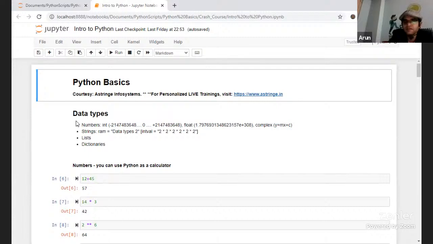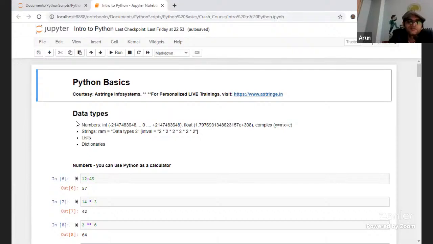It is just represented as y equal to mx plus c, something like an algebraic equation. Though I would highly discourage you from using something like that unless there is some absurd use case. Rather, we'll go with integers and floating point numbers themselves, and we'll touch base upon strings as well. We'll see how we can use various string functions, and also touch base upon lists and dictionaries, and quickly see the difference between tuples and sets.